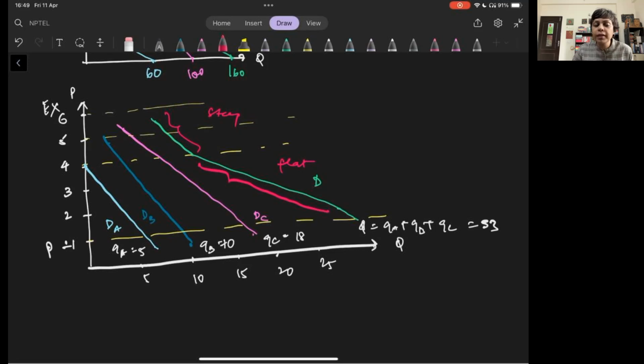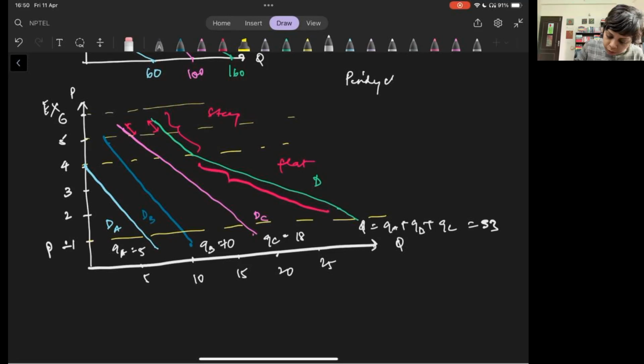And then for certain prices, there's going to be maybe only one buyer who wants to buy it, right? So for that particular price, the demand curve for the market will be the same as the individual who is willing to buy at that price. So it will be at most as steep as that particular individual demand curve, which is this part, is same as this part. And this flat curve is flatter than any of the other curves. So I don't know if it is making sense to you, but basically when you take a horizontal summation, that is what it means.